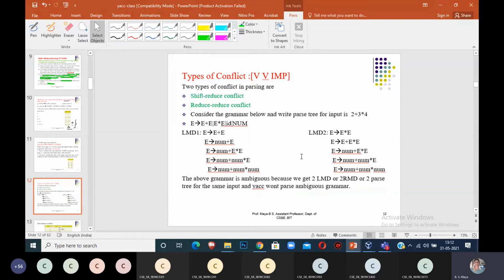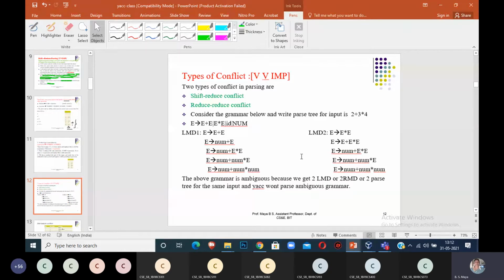The conflict is nothing but a problem or error. Normally we will get this type of error while doing your Yacc program. What are the types of conflicts? This is for a 4 to 5 marks question, minimally 4 marks.